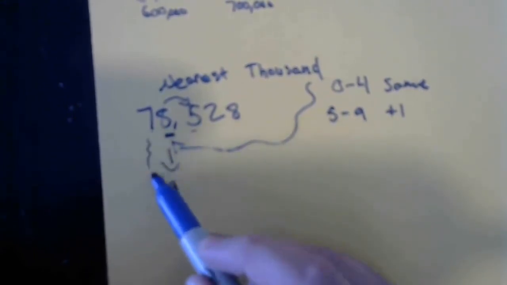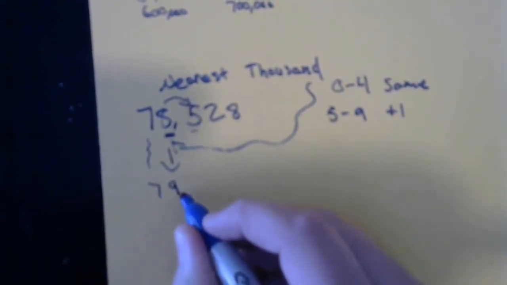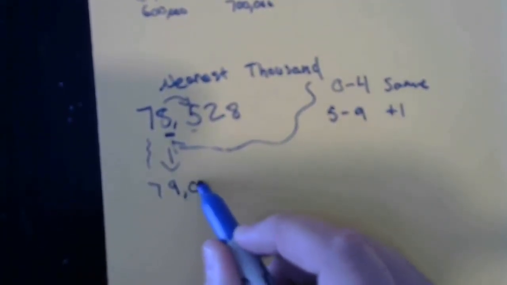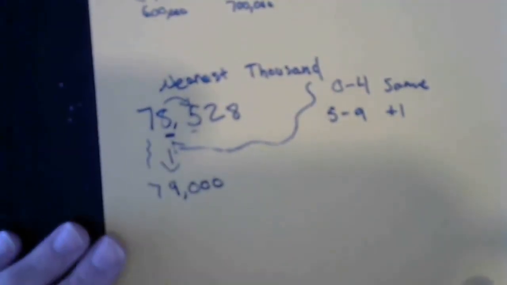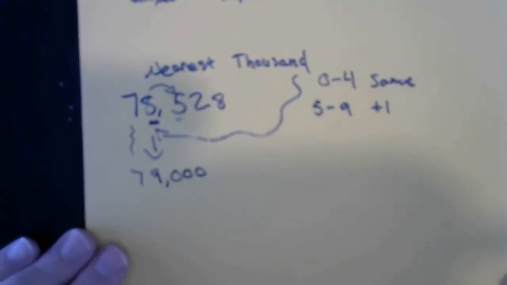I still have to include the 7 because I'm not changing the number. I'm just saying which number is about 78,528 to the nearest thousand. So that would be 79,000. So then if I was to do another example,